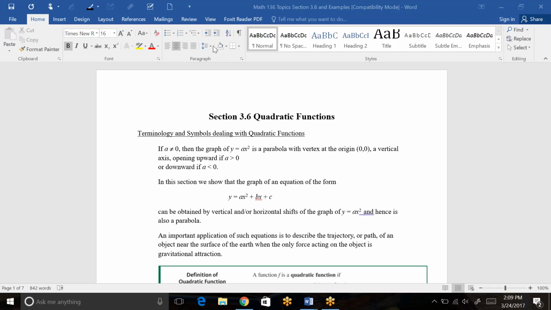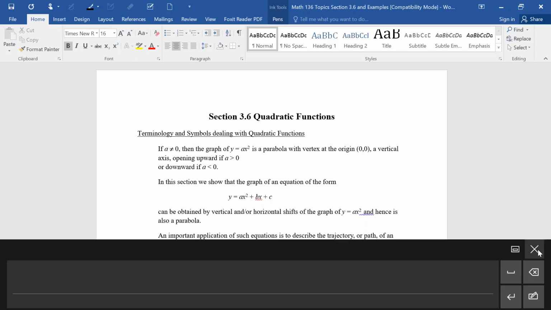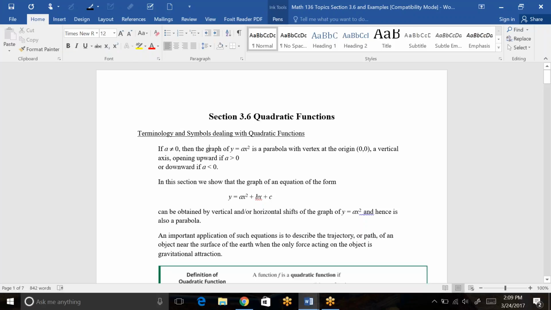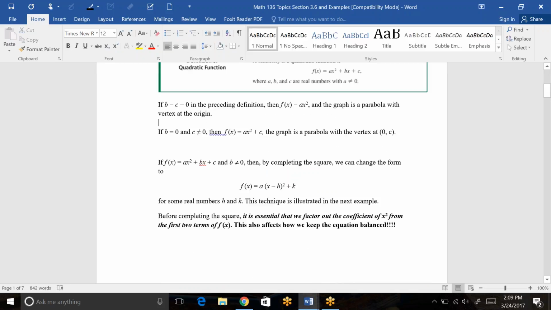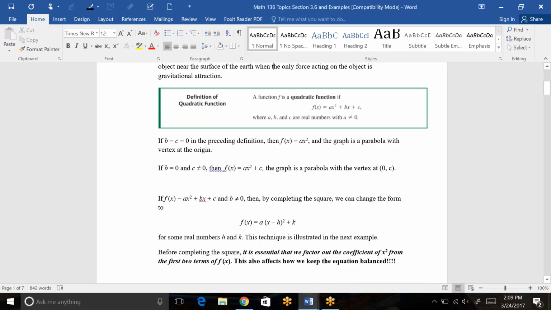Okay, this is the remaining problems from section 3.6 of our quadratic function section. We learned in class this past week that this is called the standard form of a quadratic. In other words, ax squared plus bx plus c. And that form is really good for factoring or solving the quadratic formula. It's also not a horrible form to graph in if you know the shortcut formula for vertex, which we did